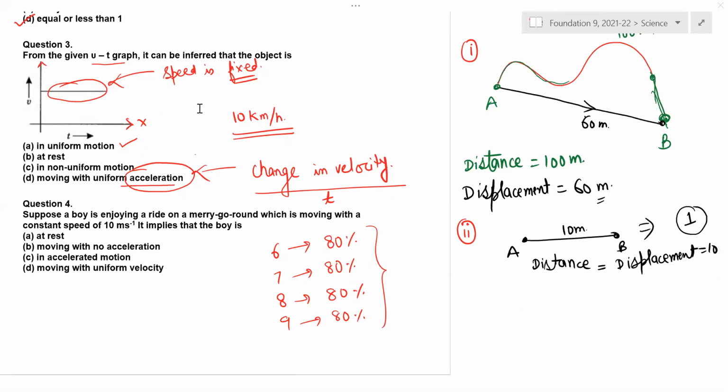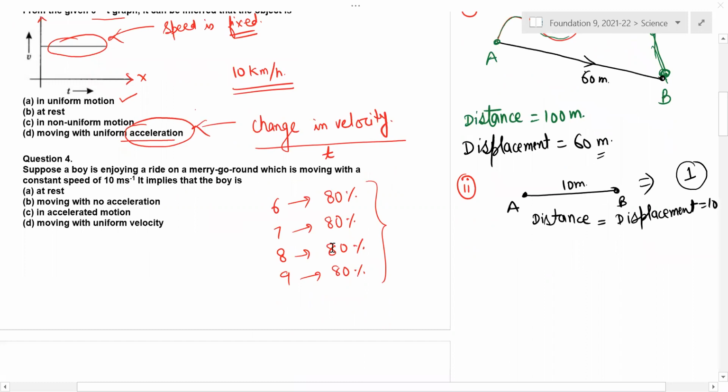Excuse me, sir. Yes, Harini. Sir, did we complete the topic of graphical representation and velocity and those also? Not yet completed, but since we are discussing question and answer, I am covering that concept now. Sir, will you explain after this, sir? Certainly, Harini, no bypass. Since the question was asked, I have to discuss everything now. Okay, sir. Are you able to understand, Harini? Yes, sir. Okay. Now question number 4.